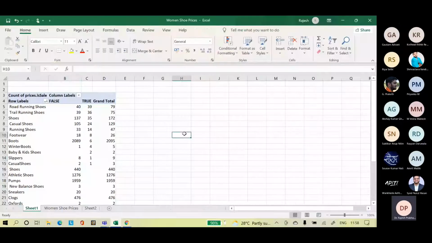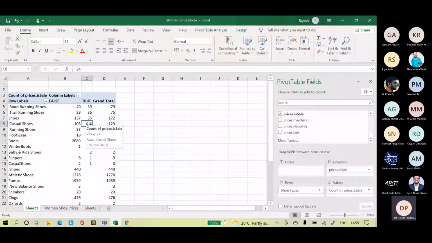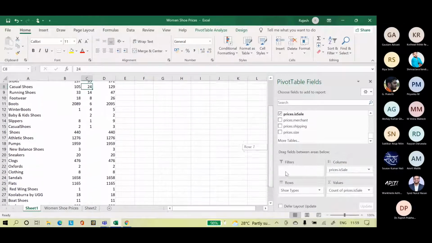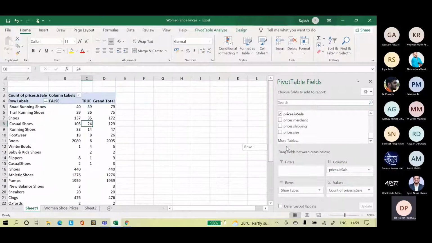I think each sale is sold. The shoe types which are sold, each sale is true. False is not on sale or something like that.